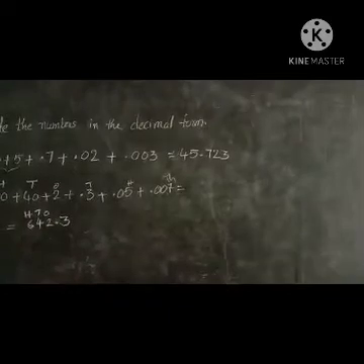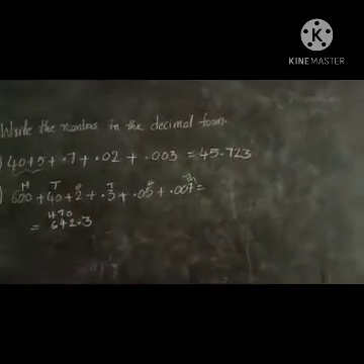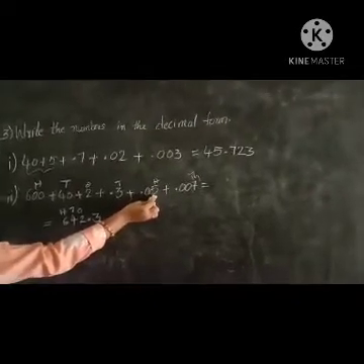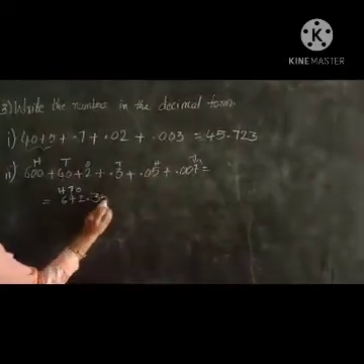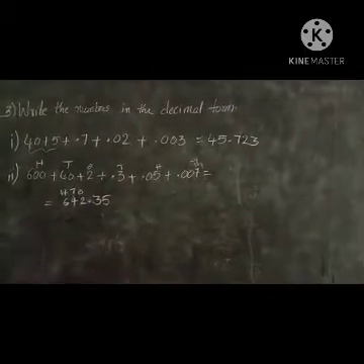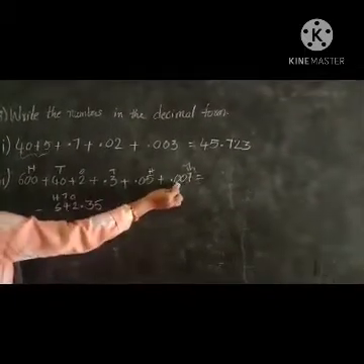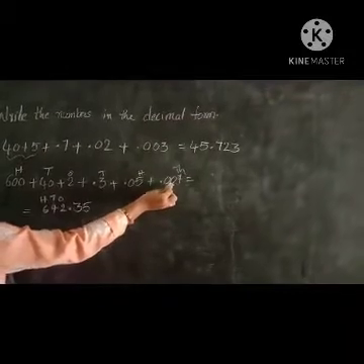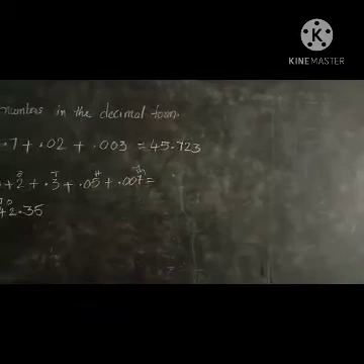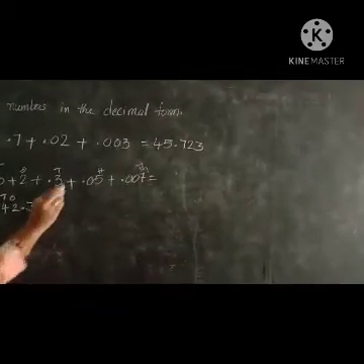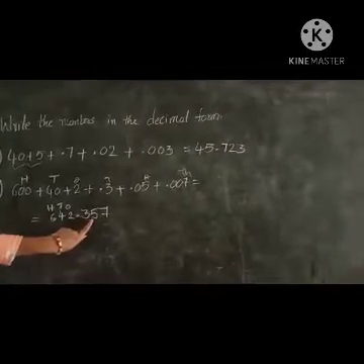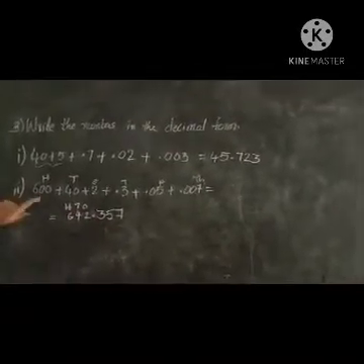And next 3 after which number we have to write? Hundreds place number, no? See here, this is the tens place and this is the hundreds place. So here the number is 5. Right here hundreds place number. Hundreds after which number we have to write? Very good, ma. Thousands place. Here tens, hundreds, thousands. Which number is there in thousands place? Very good. 7 is there, no? Just write 7. Total number is 642.357.